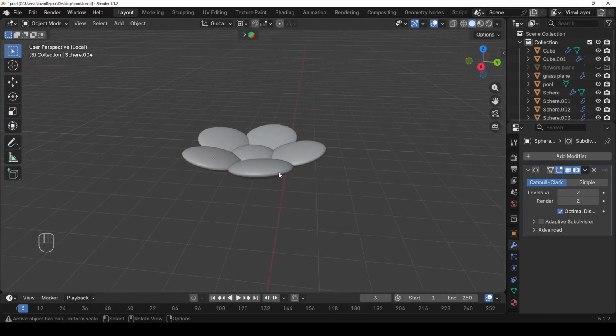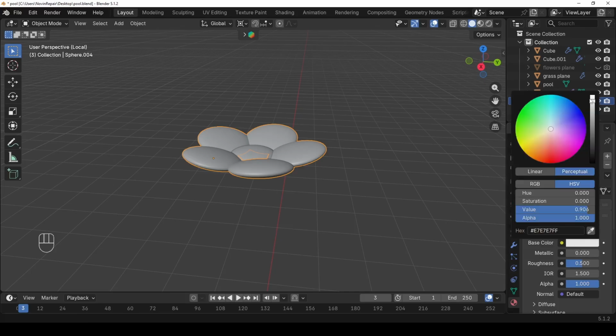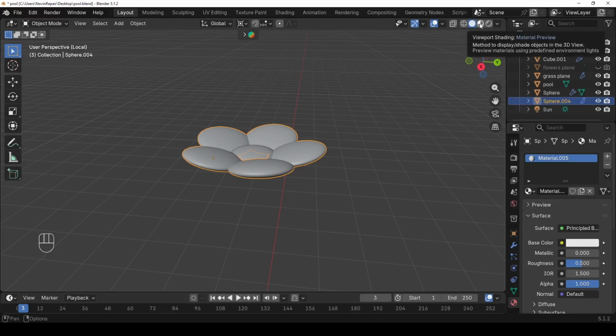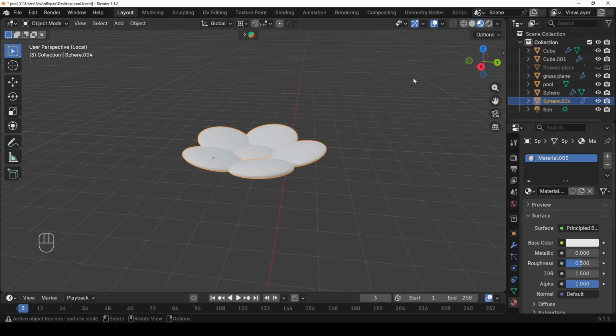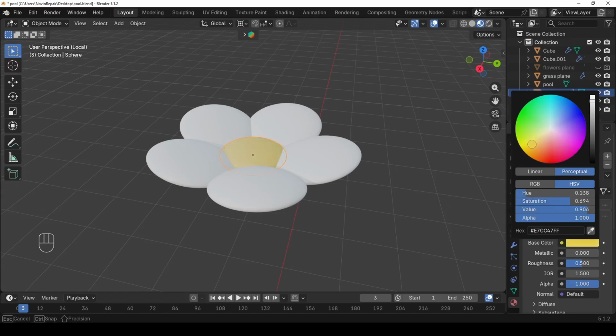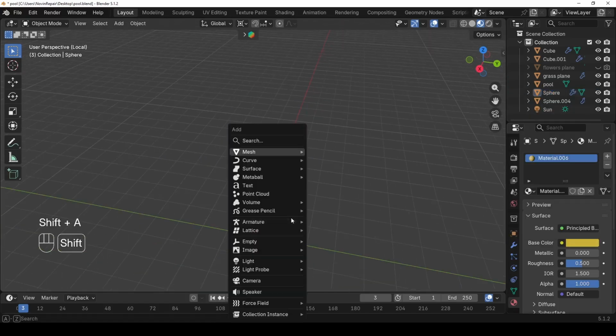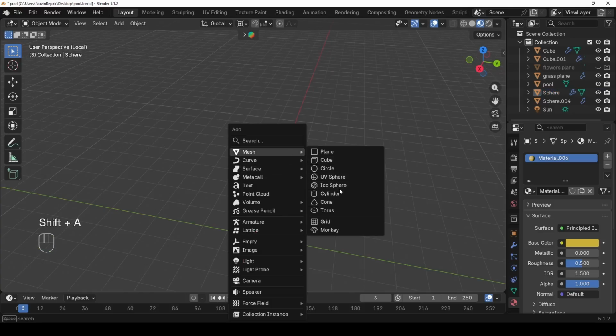Alright, now let's select all of them and join them together, and then in material tab I'm going to give them a white color. The default color is good actually, so let's switch to viewport material preview, and then select this one and make it yellow, just like that. Alright, next Shift A, mesh, and I bring a cylinder,